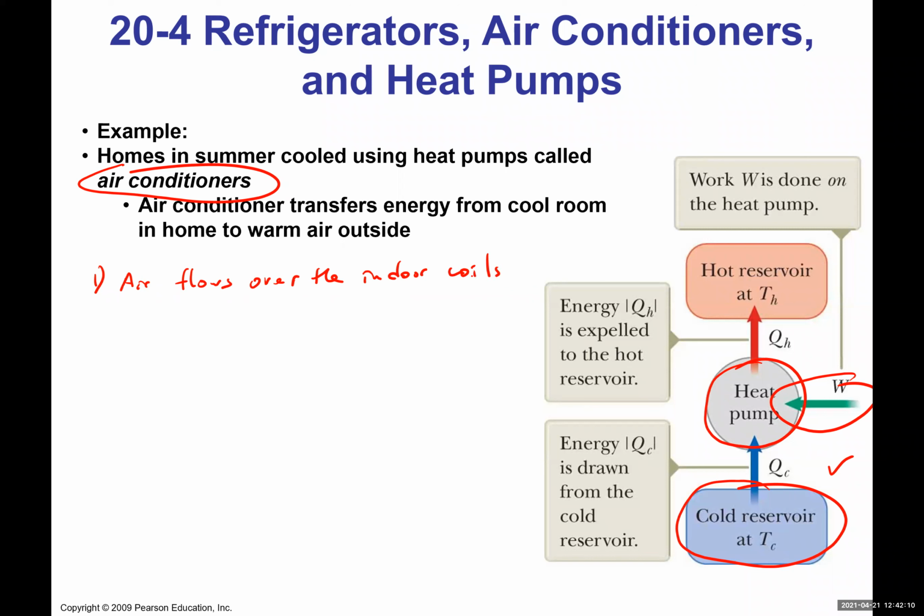Which then, in order to absorb energy from the air nearby, it has to be very cold. Because remember, the idea is that inside your house, the temperature of the air is hot. So that's why you want to cool it down. So you have these coils inside your house, right? This unit, and all the air nearby basically